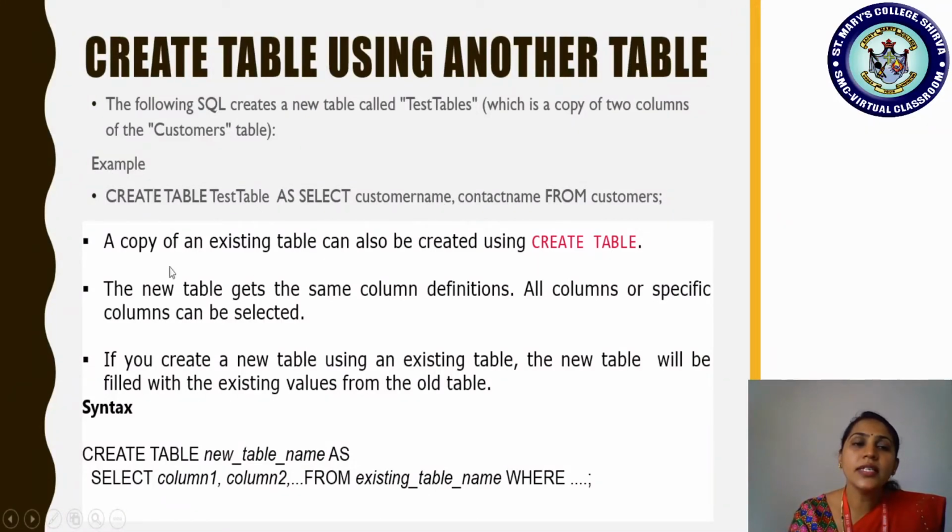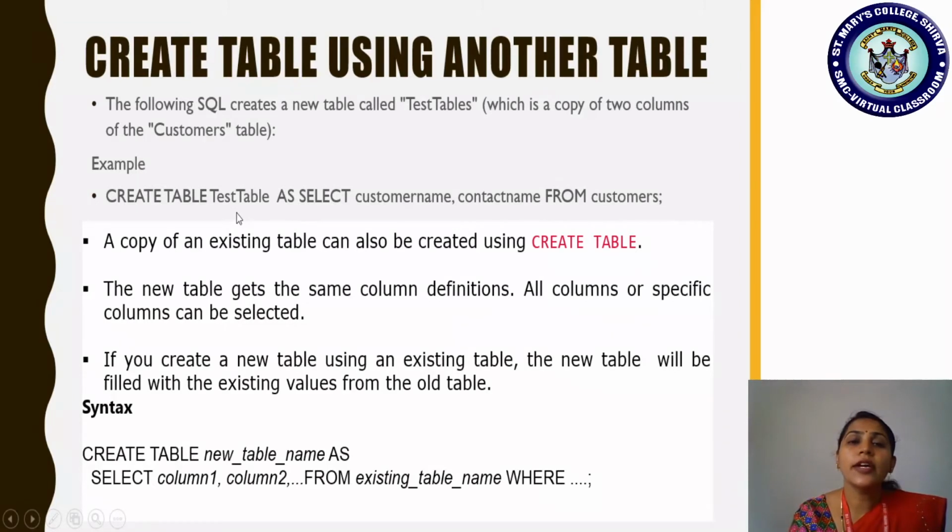Okay, so just check out here in the example how the syntax goes. In this case I have first showcased the example, and at the last we are discussing the syntax part. Create table, what is the new table name? Test table. You are creating that with the help of another already existing table, right? So you are telling it as, like, similar to, that is the meaning. As is a keyword. Create table test table as, and then it should be followed by a select statement.